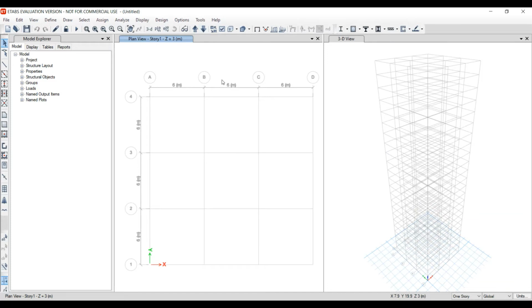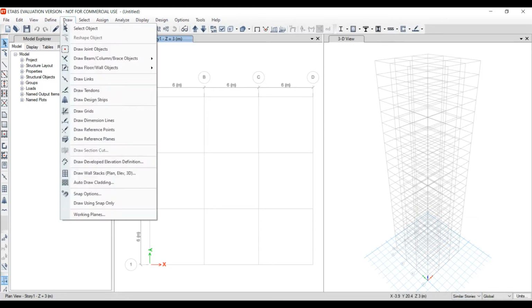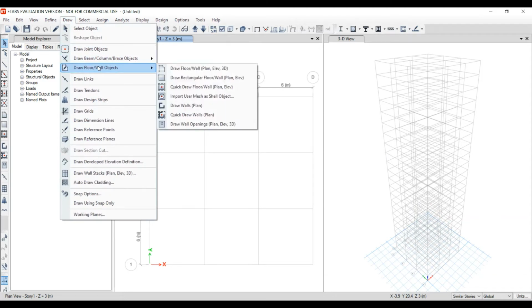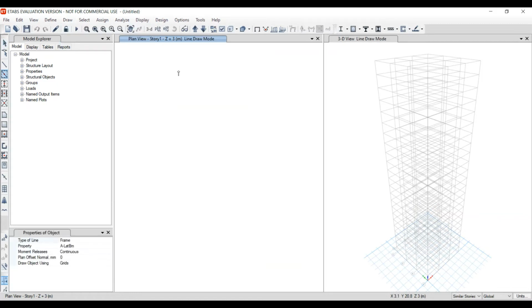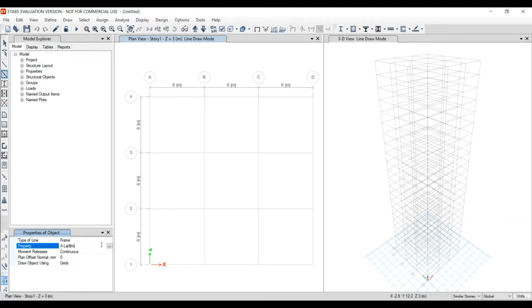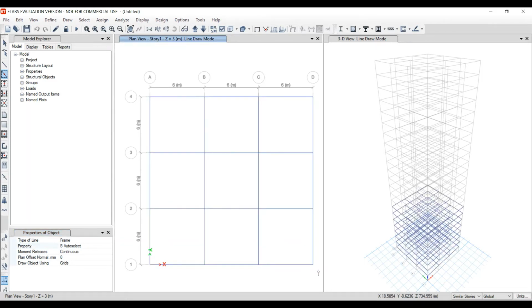Go to story one, then change it to similar stories. Then using the draw function, draw beam column braces object. Use quick draw beams. Change the property to B auto select, then select the grid.